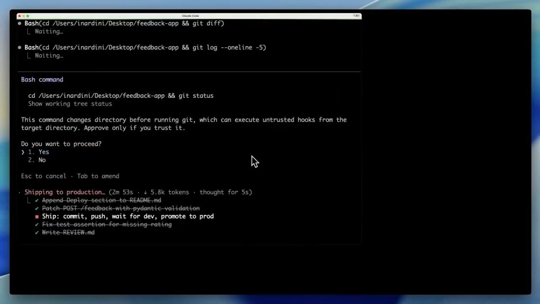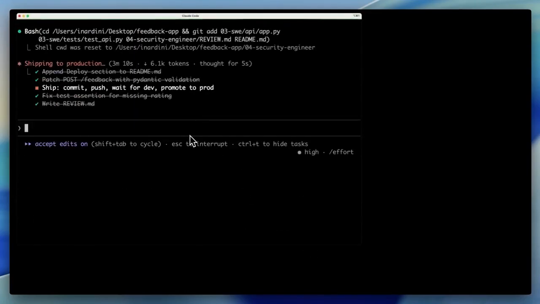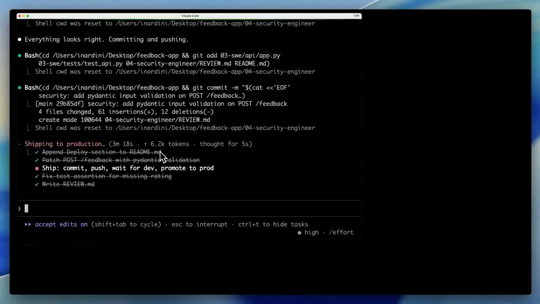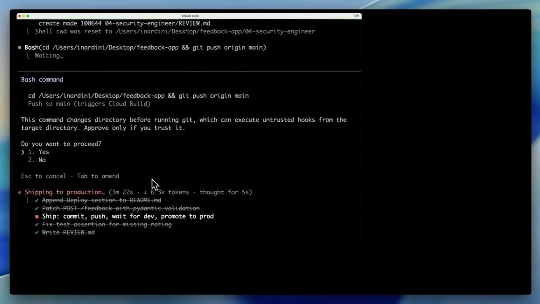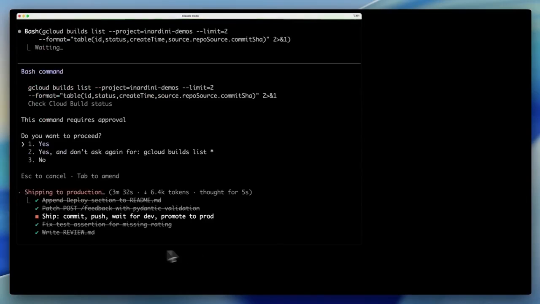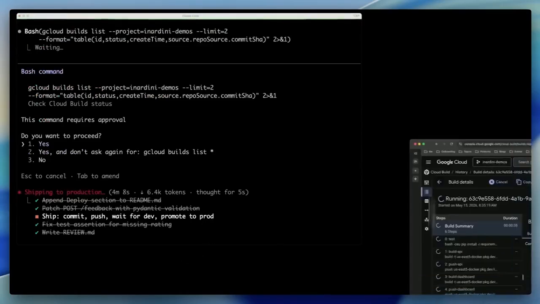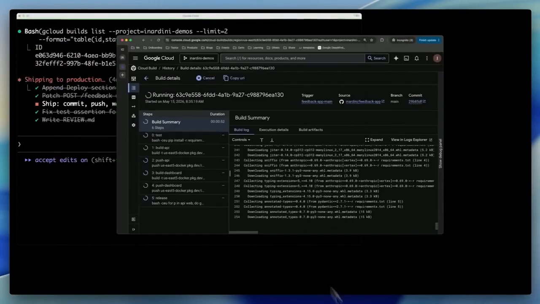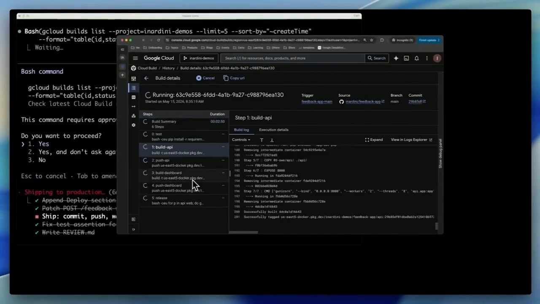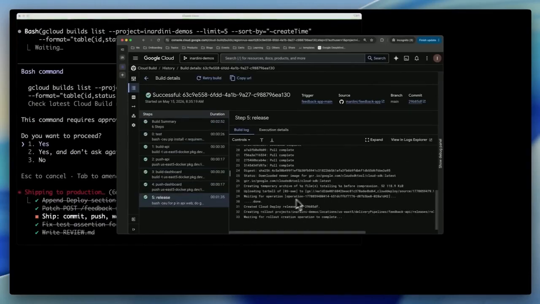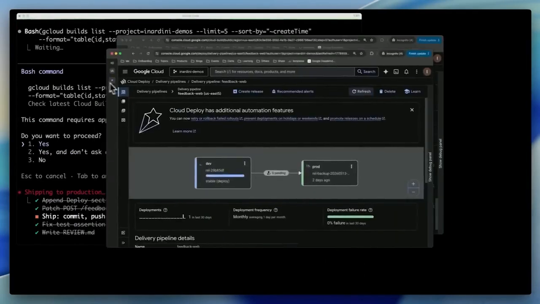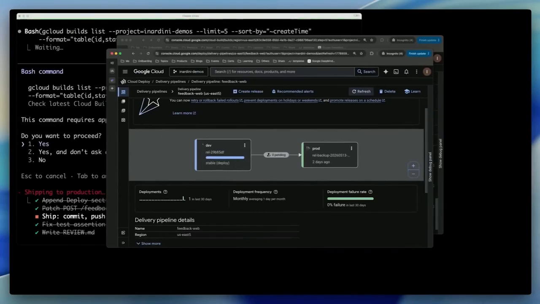This will essentially fix the application. It will also run an additional test. And this is exactly as we did before, so that's why it's so fast. It will open a new PR, and it will push the code in our repository. But in this case, because the code passed the review, not only we will build and trigger a new release, but when the new release goes to our continuous deployment product, which is Cloud Deploy,